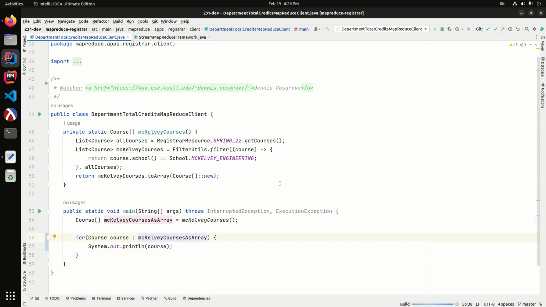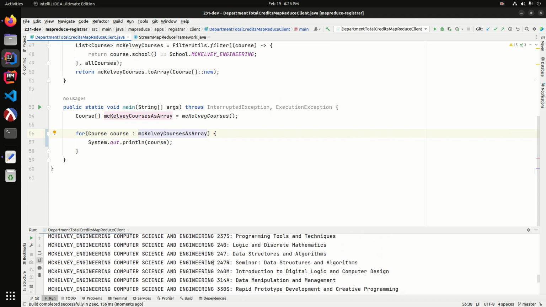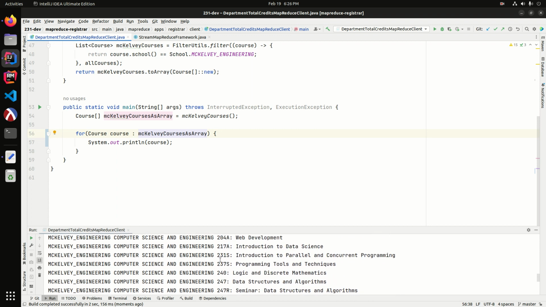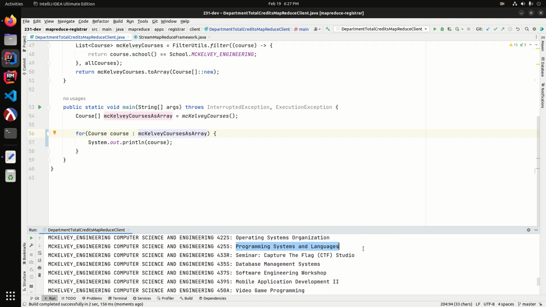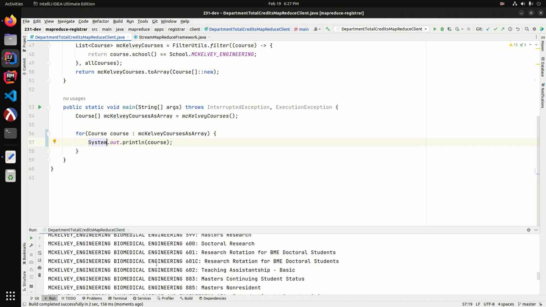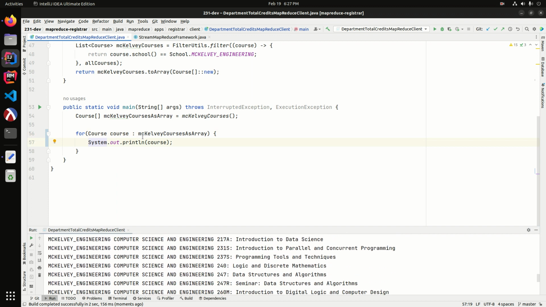I'm just going to hit Control-Shift-F10 on Linux and have it print out. You can see there's a lot of different courses in here. You can see our favorites here, Introduction to Parallel Programming. Down here is going to be 425. Oh, yeah, programming languages. You want to take that next. And so you can see all of the classes in all the different departments. And what we're going to do is try to build something